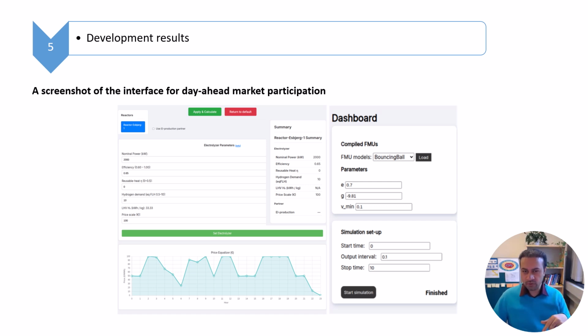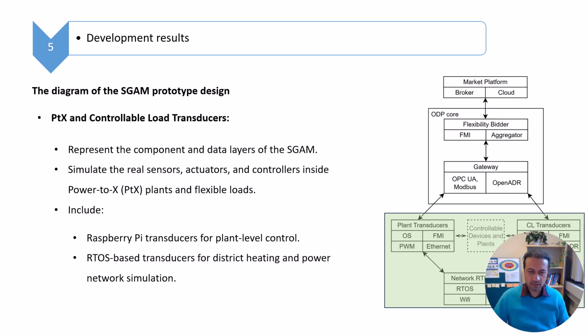But we also define this functionality that allows the plant owner to modify this curve and make some adjustment. Or they can even just submit a totally different curve based on their prediction if they don't have these parameters. So it's quite flexible.